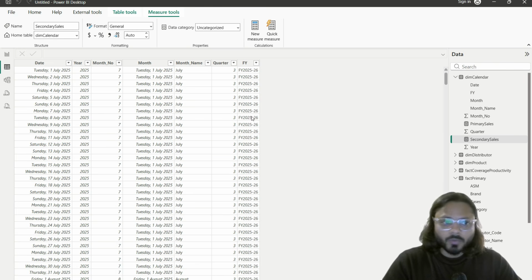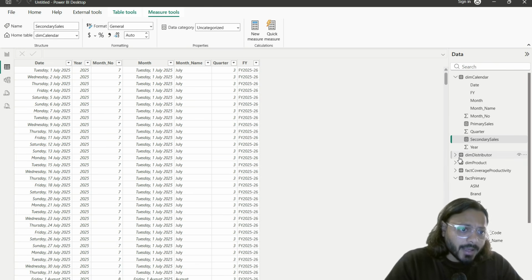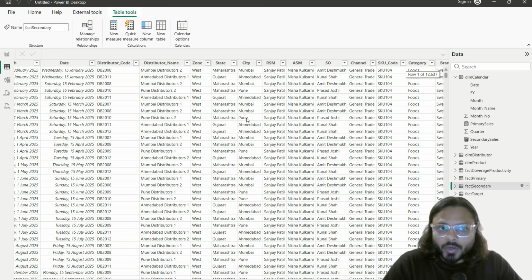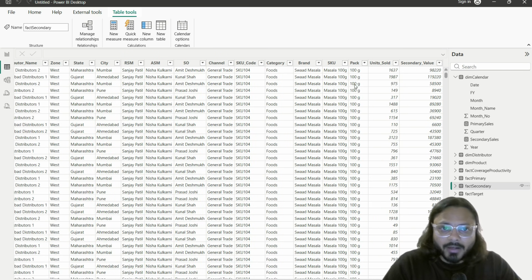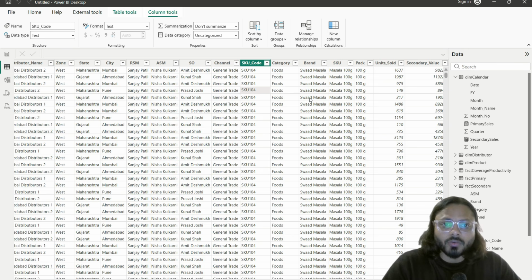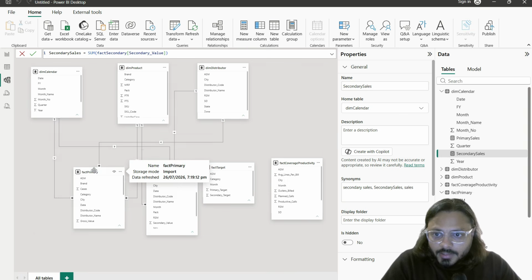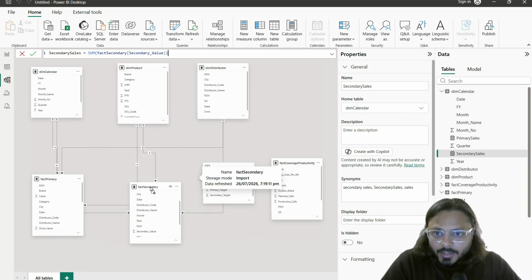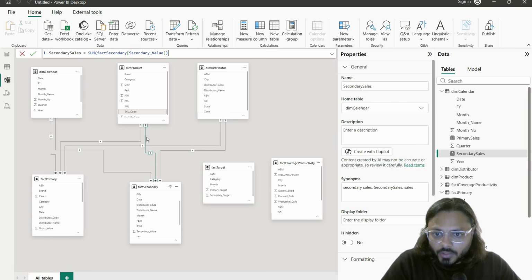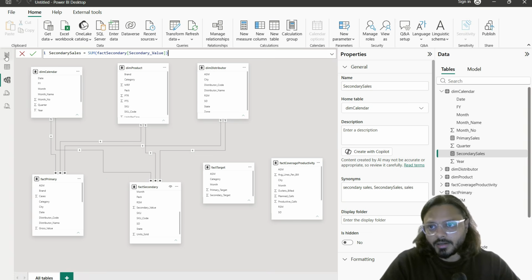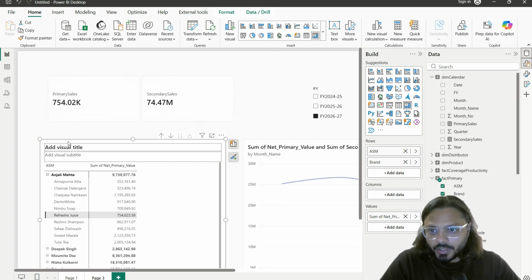So if I go back to table view and go to my secondary sales, which is fact secondary, and now if you see over here, do I have the brand? So I do have, so everything is here. So what's the challenge? So if I go back, this is connected to SKU code, which is good, and this is also connected, and this is connected. So there are three, so connection is there. What can be other issue? So here